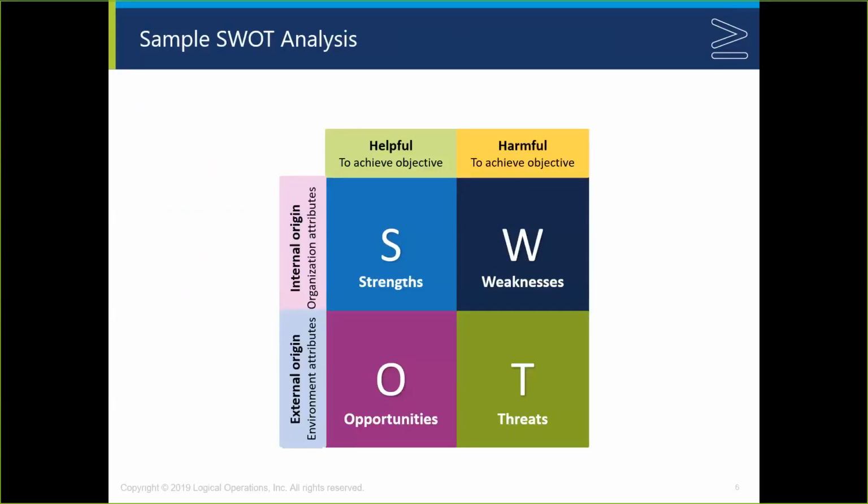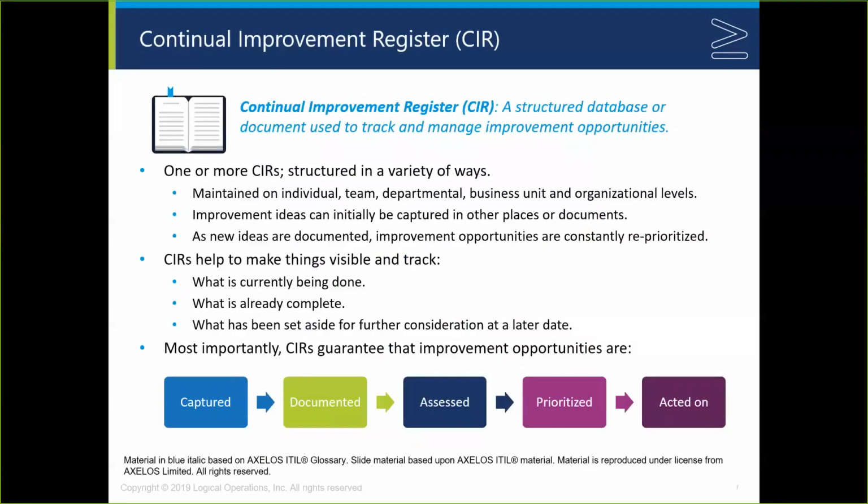We happen to choose SWOT. This is not disproportionately important or particularly examinable, so I wouldn't spend a lot of time here. But just to help them understand that there are various types of improvement activities, and I might use these to help define my improvement, define my end state, figure out my relative strengths and weaknesses, and so forth as we do it. We introduced the idea of a continual improvement register.